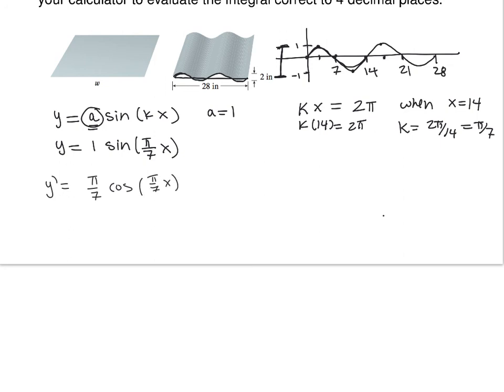And so the length of your curve will be an integral from 0 to 28 of the square root of 1 plus that quantity squared, so pi squared over 7 squared cosine squared of pi over 7x, dx. And you're supposed to evaluate this with a calculator. I don't need you to work this out by hand. It's not necessary, nor do I think it's very likely it's going to work out pretty. And this is approximately